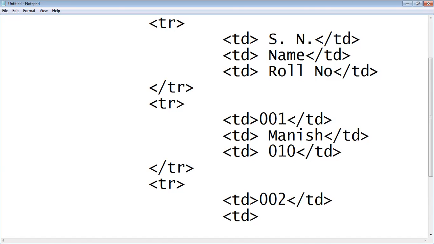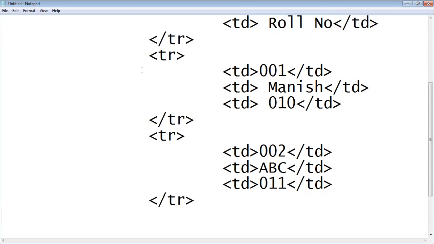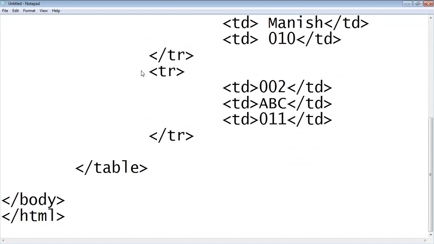Second table data inside the third row, like the name, we will take ABC, and close that table data. Again, third table data, meaning third table column, 011, and we close that table data also. So this one is our whole program,